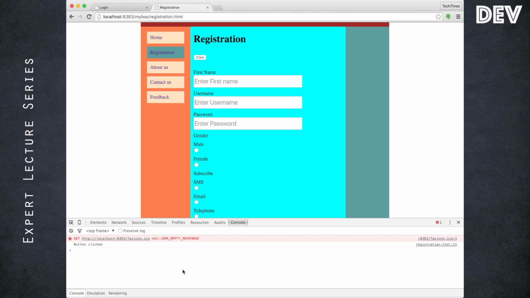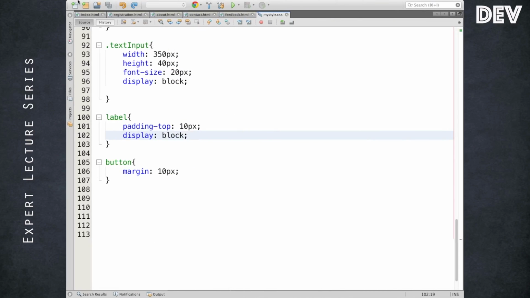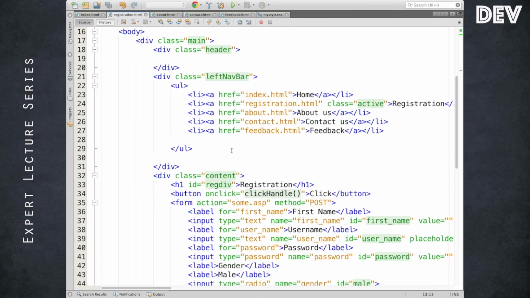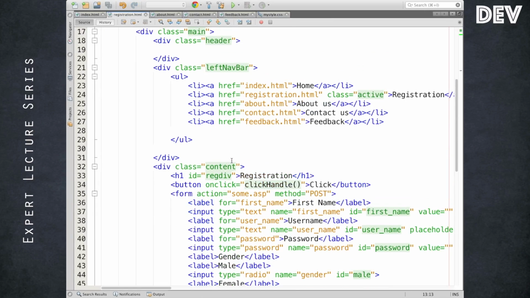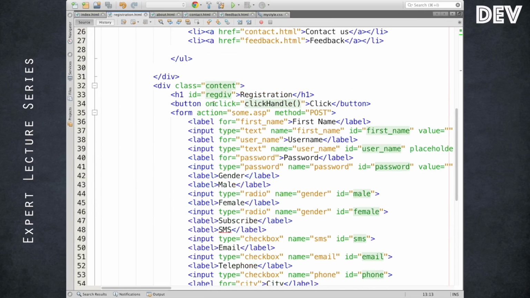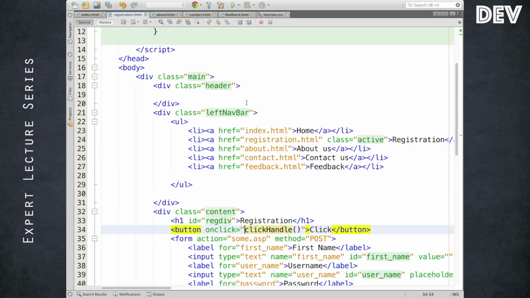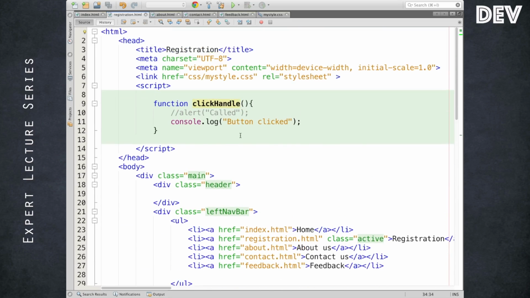So as I click the button, I can see the console output printing, because we have defined the onclick attribute with the value of a JavaScript function. All you need is to call the JavaScript function from here when the button gets clicked, and we see that particular output printed.